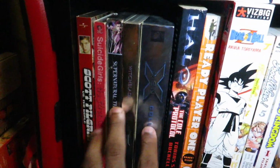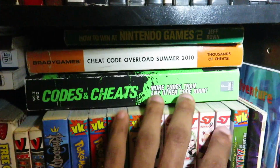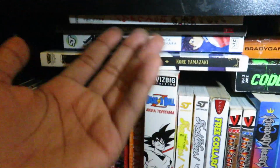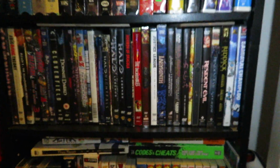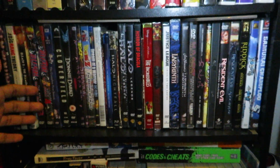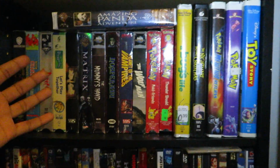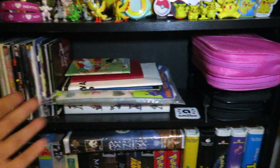And then these are the last couple of my DVDs. Up here, well then, yeah, I forgot, sorry, hold on. I've got some more books and manga, whatever. Up here, we've got more DVDs. My VHS tapes. And then this shelf was where all my CDs were, but just hopping over real quick,